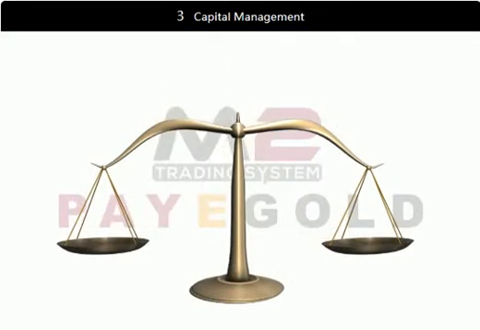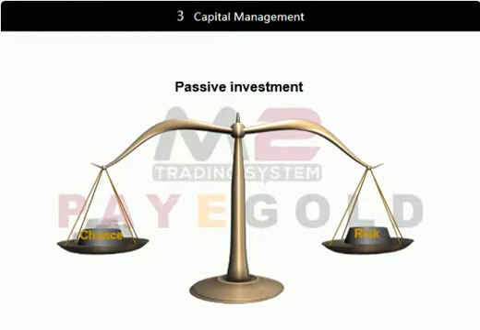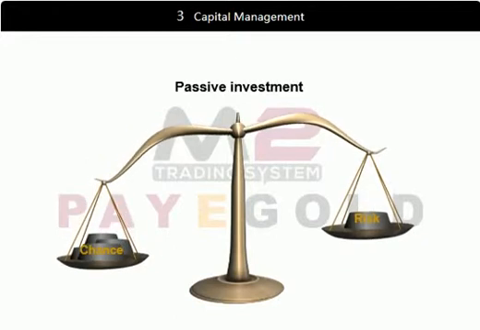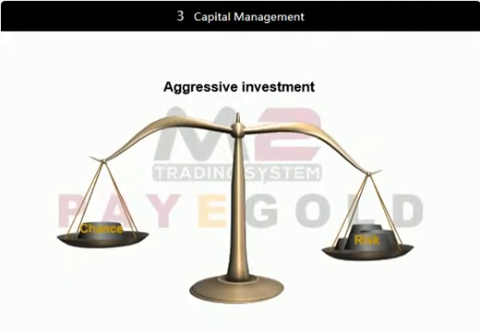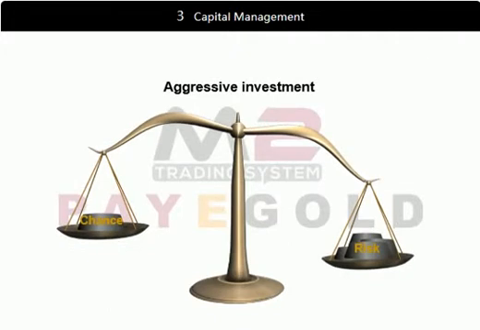Each investment type includes the elements of chance and risk. Chance is the profit on your investment, and risk is the loss of some or all of your investment. There are two types of investments. Passive investment. In investments of this type, the chance is greater than the risk, but the returns will usually be low relative to the investment. Aggressive investment. In investments of this type, the chance is lower than the risk, but the returns will usually be high relative to the investment.